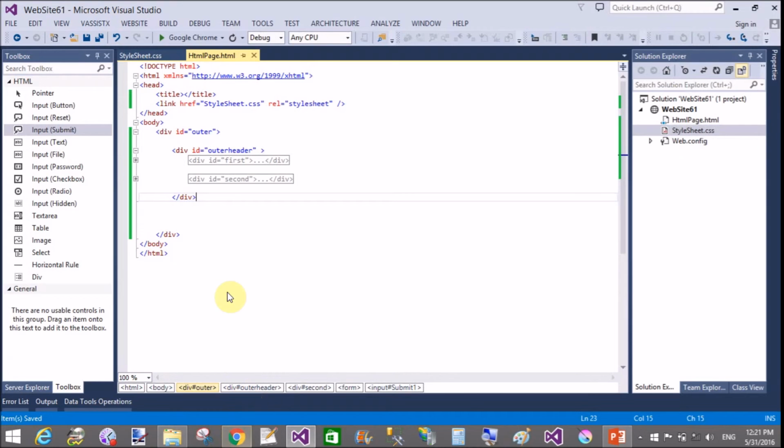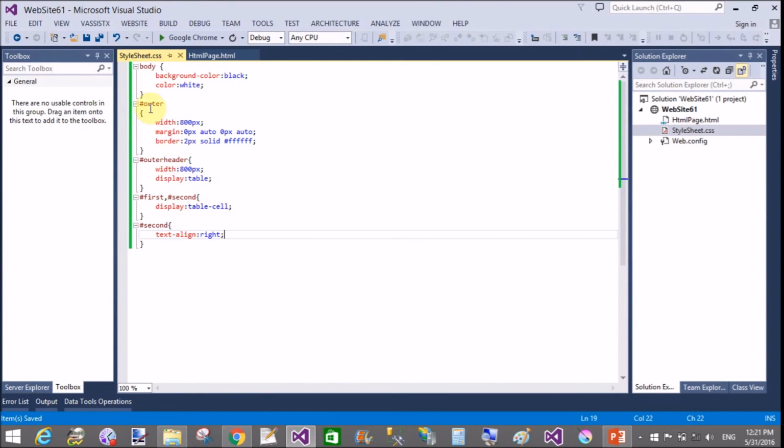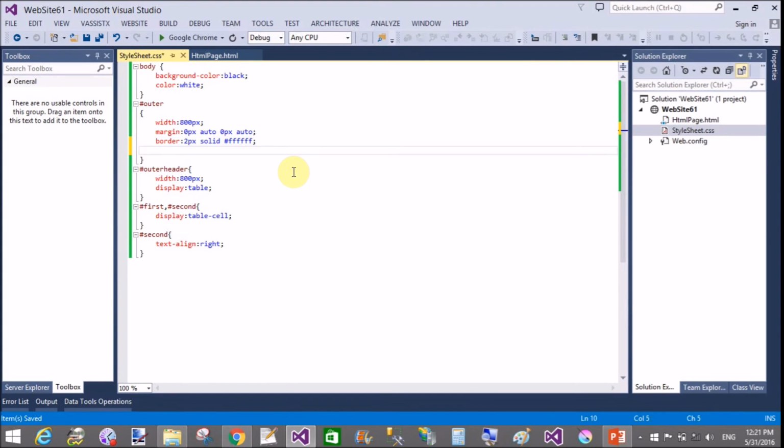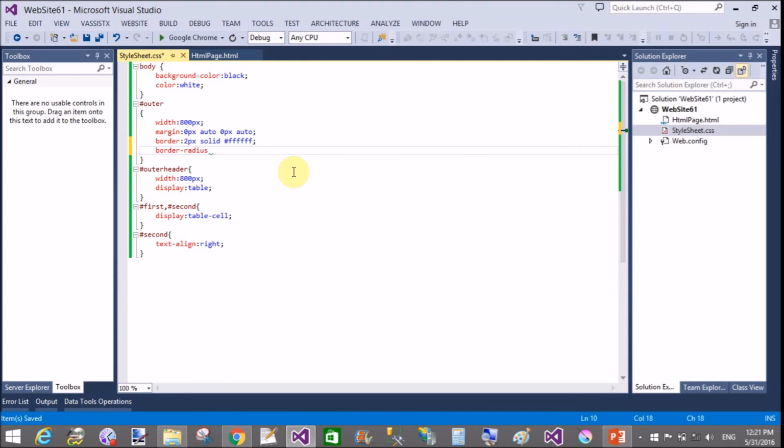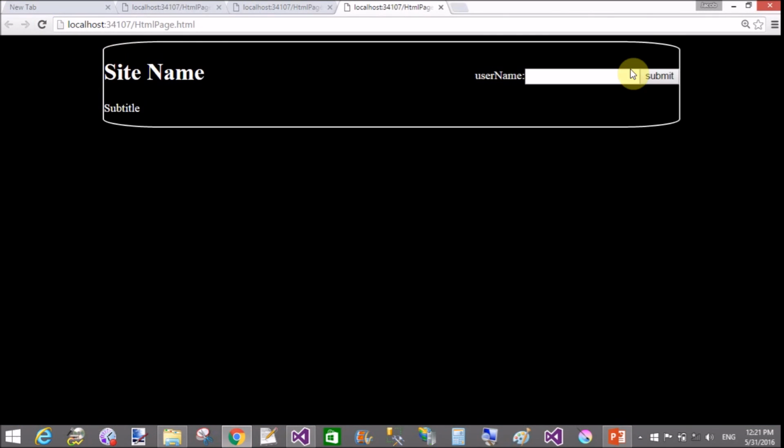Yeah, it's very pretty. So you can design your site further. Thank you very much for watching this video tutorial. Please keep watching my other video tutorials related to CSS3, Bootstrap and HTML5. Now you can set the border radius, that is 10% on the outermost header. You can also set the box shadow.